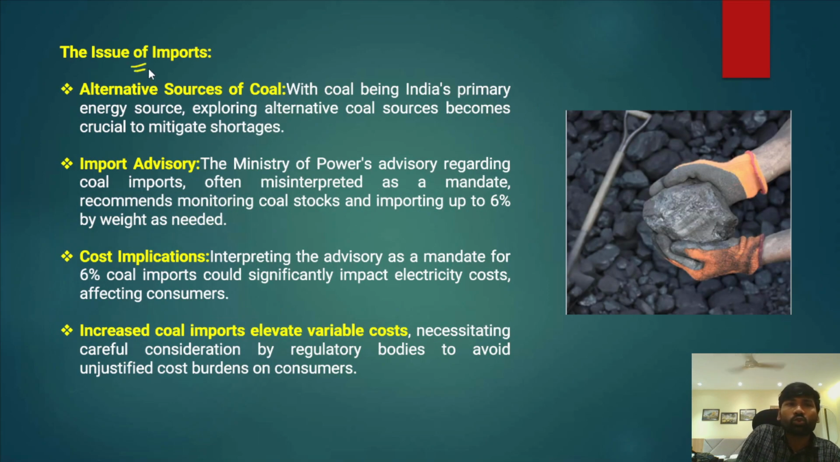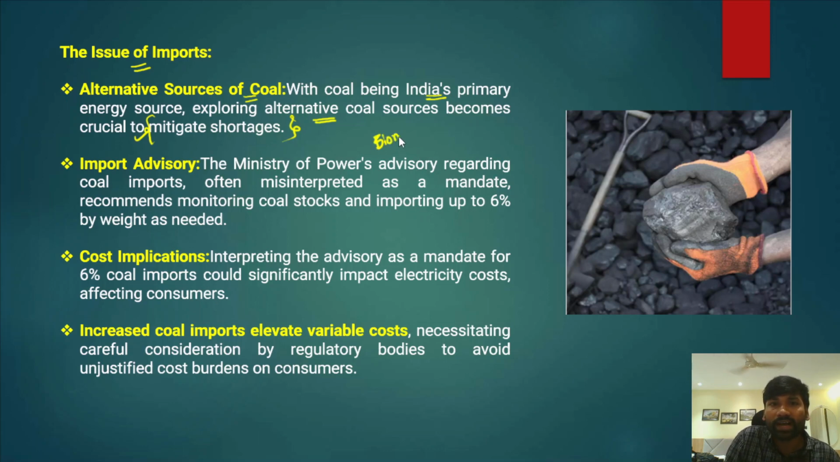And after that, we should also understand the issue of import of coal. We should be able to explore alternative sources of coal rather than depending on import of coal. Coal is India's primary energy source, because most of the electricity is produced from coal itself, and we have not yet fully diversified our energy basket. Renewables are still in the phase of transition or developing phase. Therefore, in this context, exploring alternatives to coal sources becomes crucial to mitigate the shortages. For example,